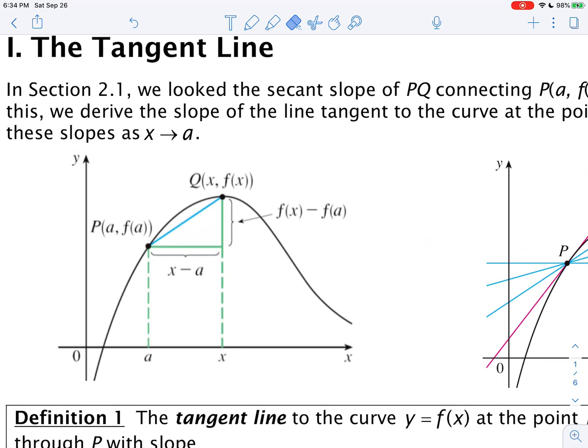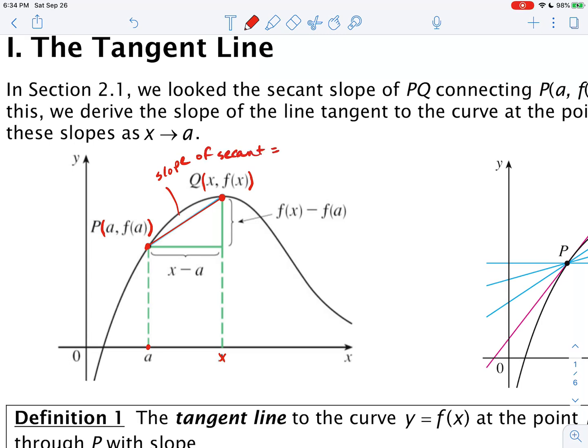If we take A, and go out a distance x, and go up to the graph, we know that this point on our curve is x, f of x, and at the point A, our point on the curve is A, f of A. If we connect the dots and take the slope of the secant line,